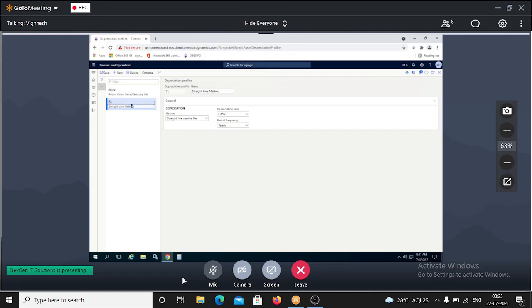So in such cases, you can also maintain group-wise naming. Straight line, let's say computers. Or reducing balance, computers hyphen reducing written down value. But basically for service life, we can create one depreciation profile, and then when you go to the books you can specify the service life over there. So in this depreciation profile setup you don't need to create multiple groups for straight line, but for written down value yes you have to, because each group will have a different percentage, right? So for now I'll just create these two,